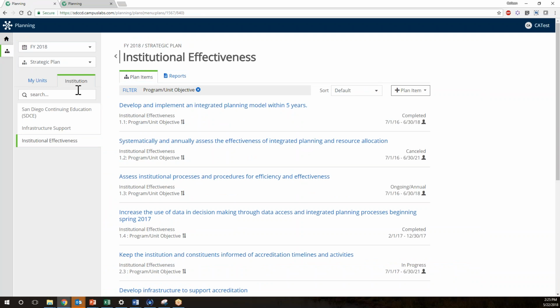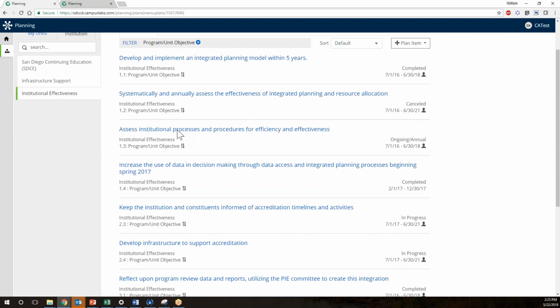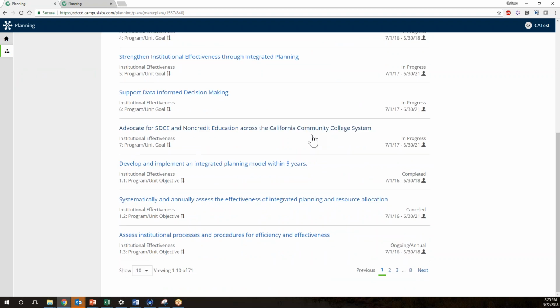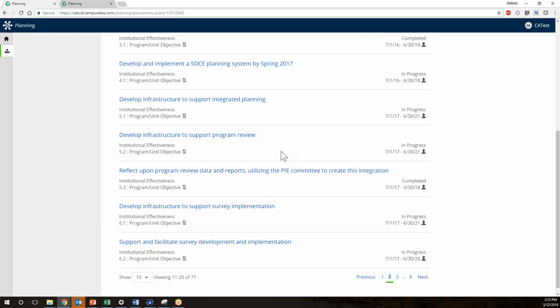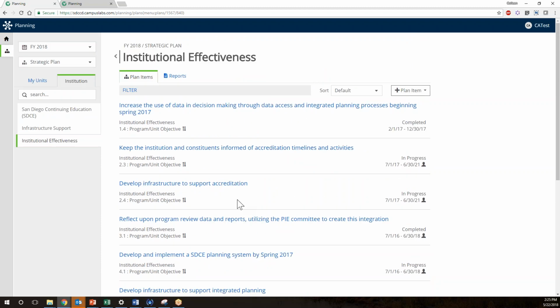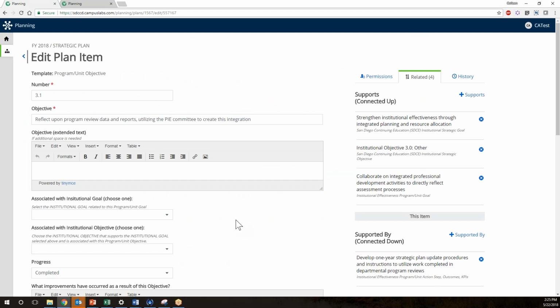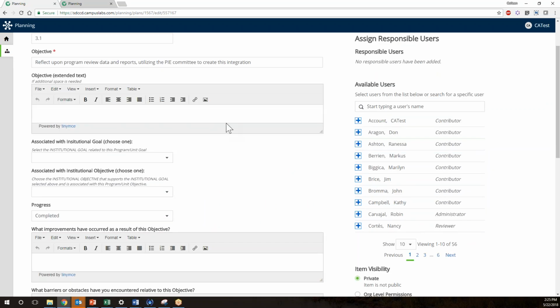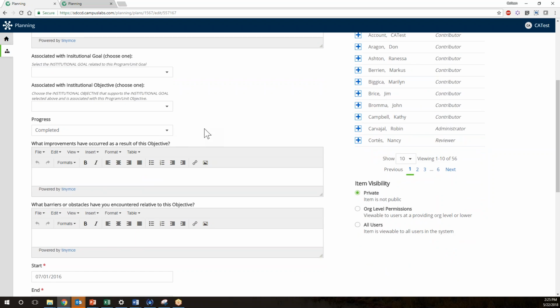So again, when you access this plans area of the site, you'll see this My Units tab. You can click on your unit to see that strategic plan content. When you need to modify or edit any particular item, it's just a matter of navigating to that item and then clicking on it. You can always take advantage of filters to help you find a particular piece of information. And you'll simply be able to go about updating and modifying any content as necessary. So if you need to update the progress value,